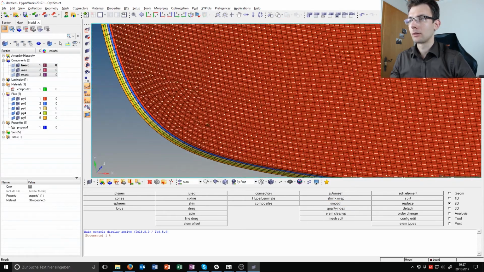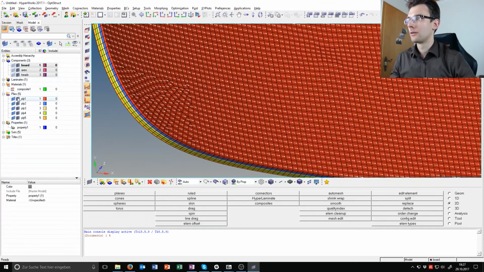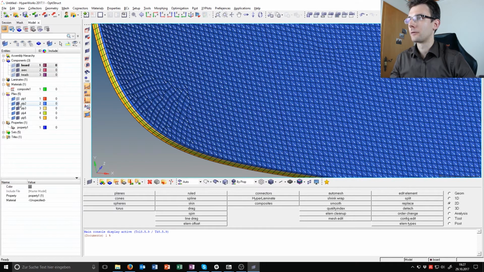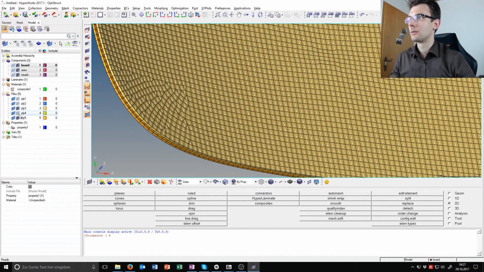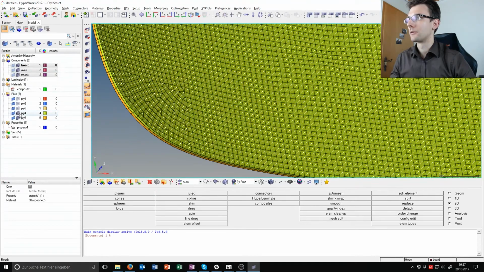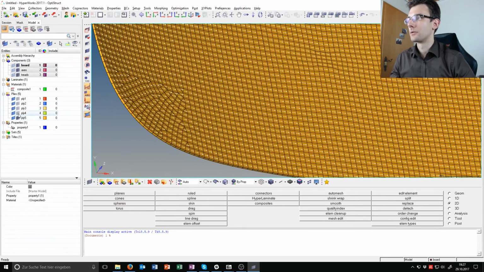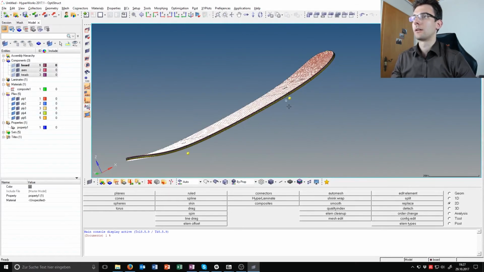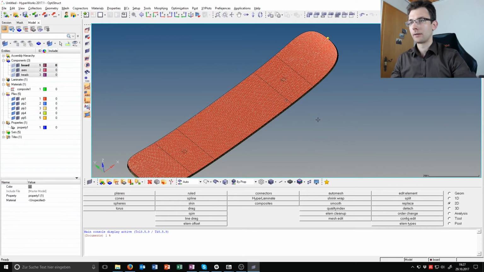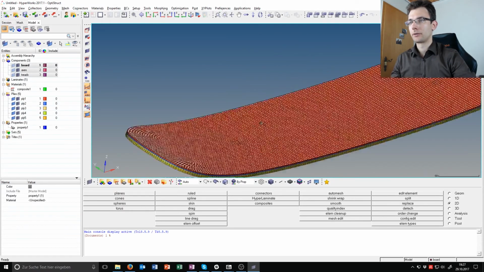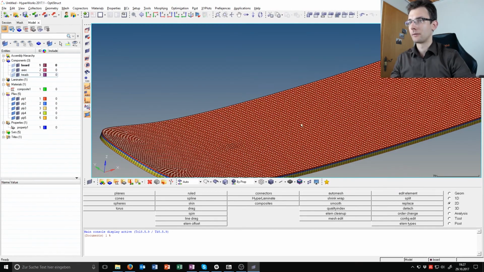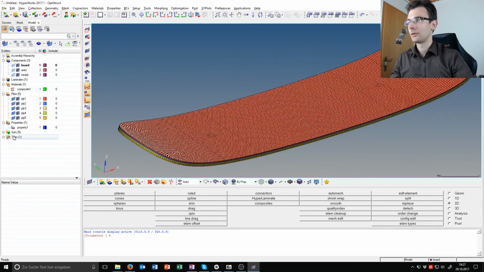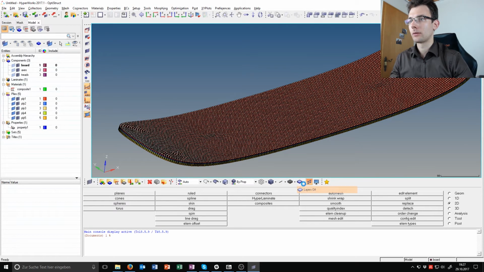And you can see it as the first layer, the second 45, then 90 degree, then minus 45, and the 0. So everything is defined. And I would recommend that you do that before going any further, that you are sure that your laminate is correctly defined. All right. Next, we want to look at the boundary conditions and the loads, but for that reason